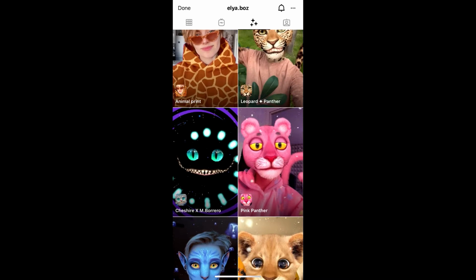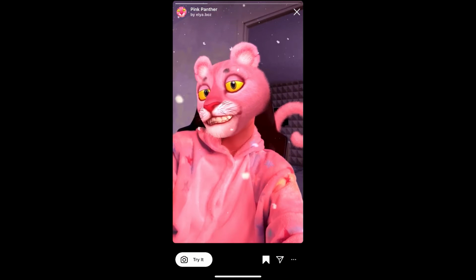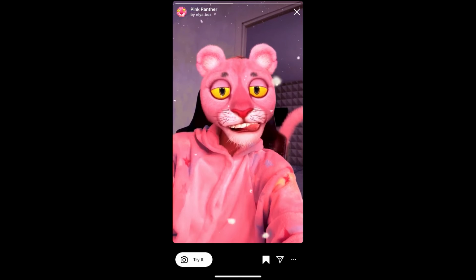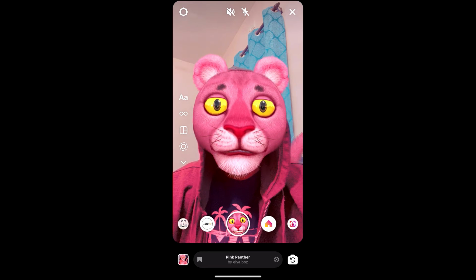This is the filter, Pink Panther. Tap on it and you will see this preview. From here you can save it to your Instagram camera tray, and you can tap on Try to try the filter. Okay, and suppose you are not getting the effect like this, then what you can do,